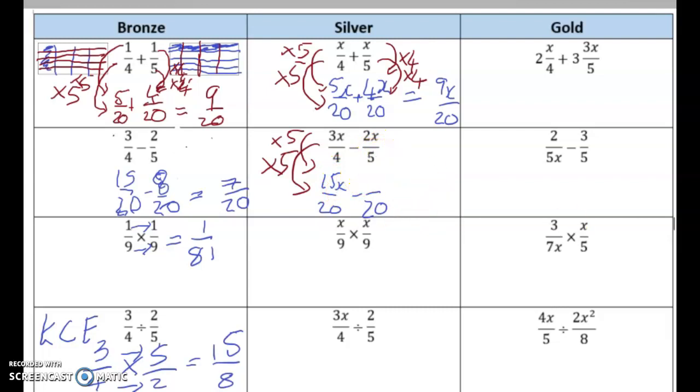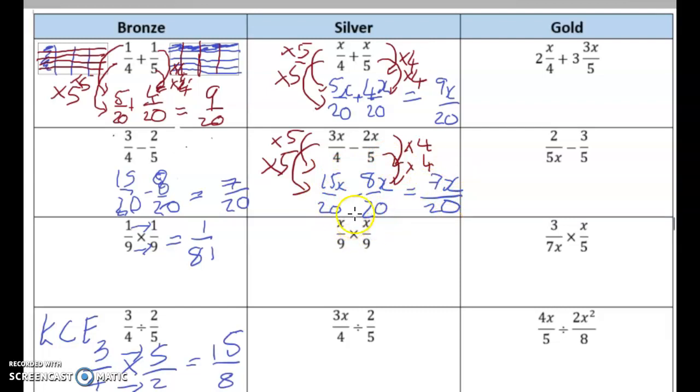This one we've timesed the bottom by 4, so we times the top by 4, and that's giving us 8x overall. 15x take away 8x leaves us with 7x. Because they're both over 20, 15x over 20 minus 8x over 20, its size hasn't changed, so it's still